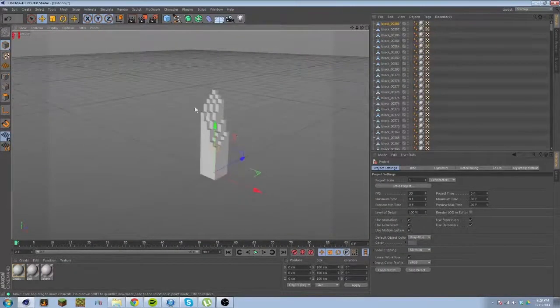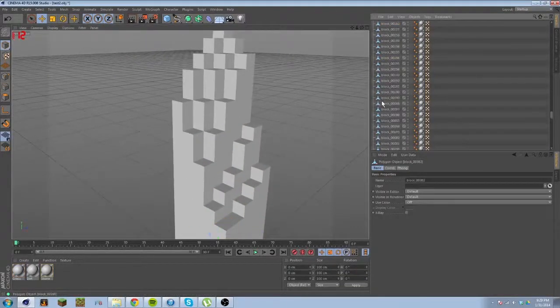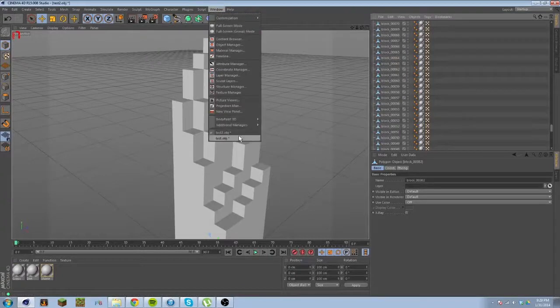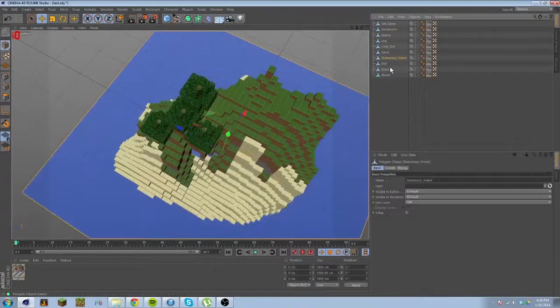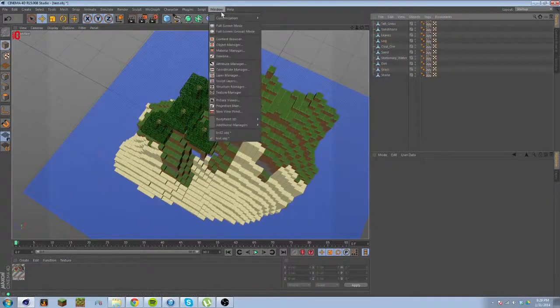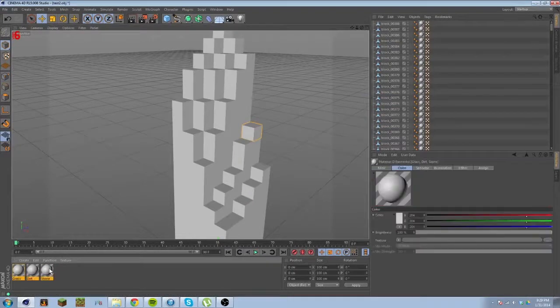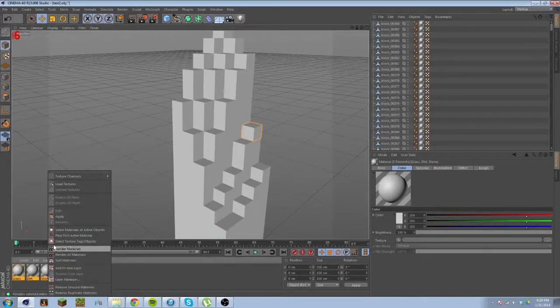You'll see the difference here is that there's a whole bunch of blocks. If we go back to the other one, each type of block has its own different thing. But here, every individual block has its own thing, and you can select them individually. Now, that's useful because if you want to do explosion stuff,